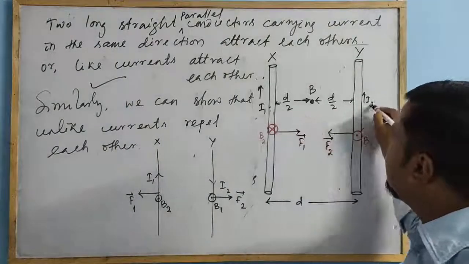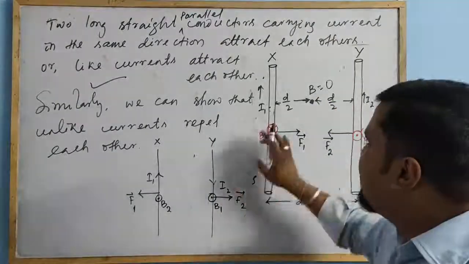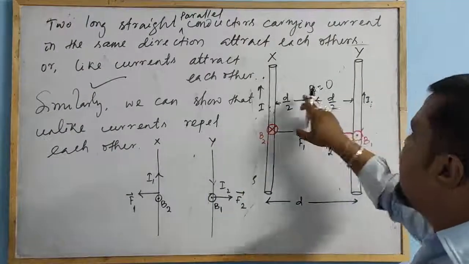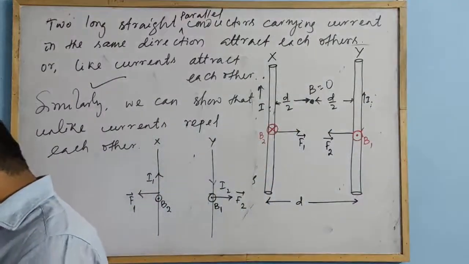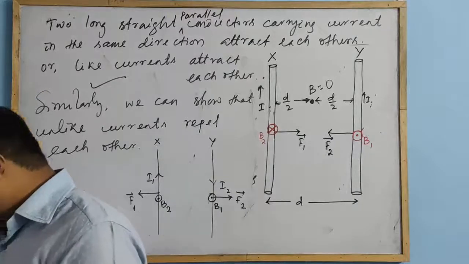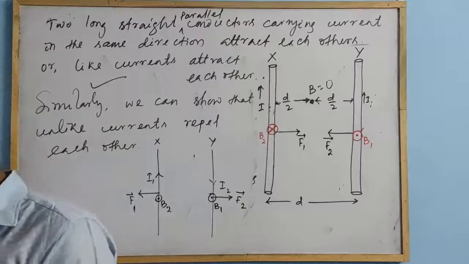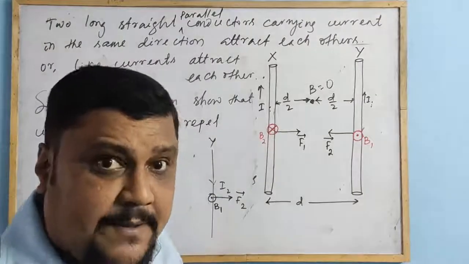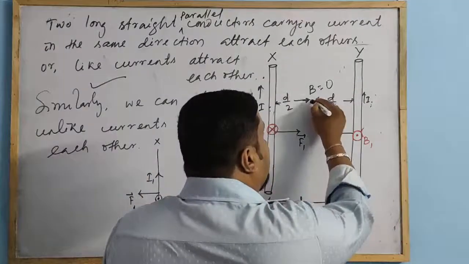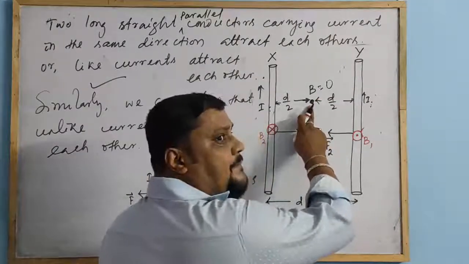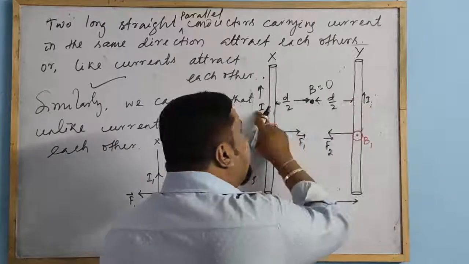Suppose same current in these two, I and I. So the magnetic field is equal to 0. If both are carrying the same current, then the magnetic field will be 0 at the midpoint between the two, at a point exactly halfway between the two infinitely long straight conductors or wires. Remember, both are carrying same current. Then I will ask a question, one mark. What is the magnetic field at a point midway between the two long straight conductors carrying same current?